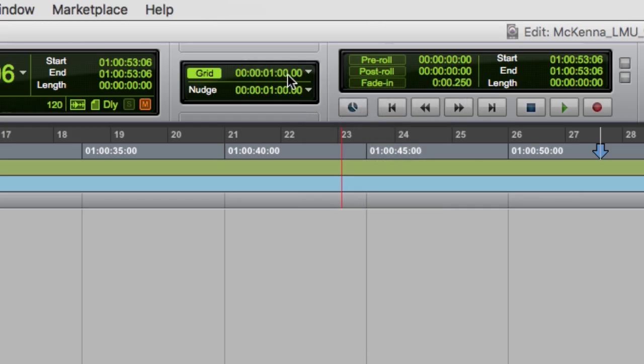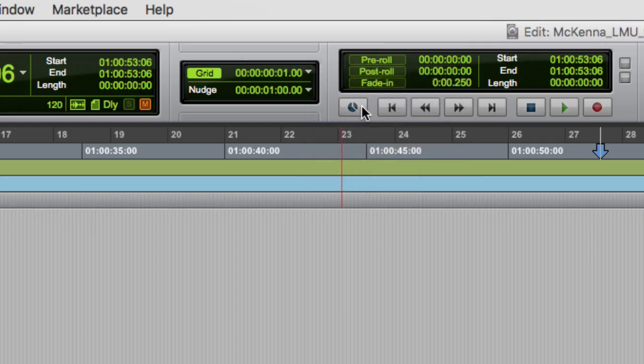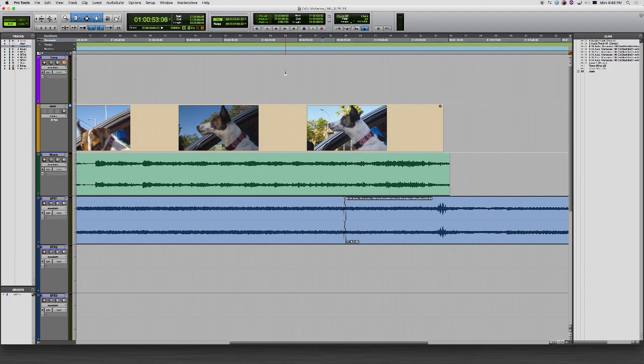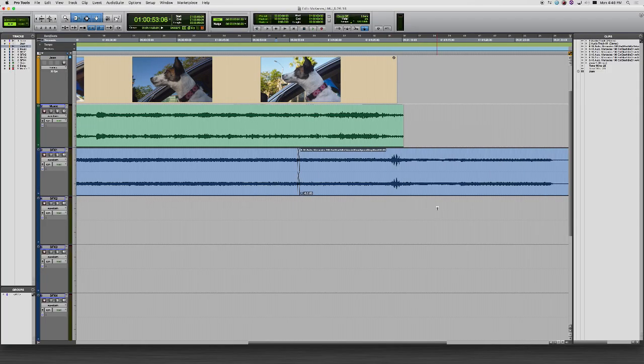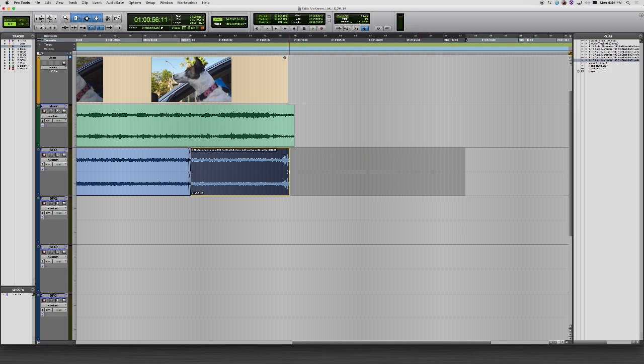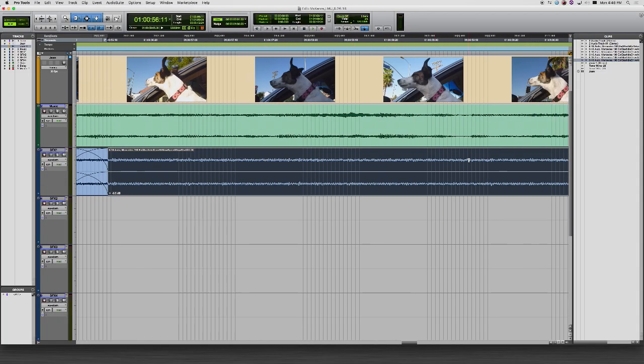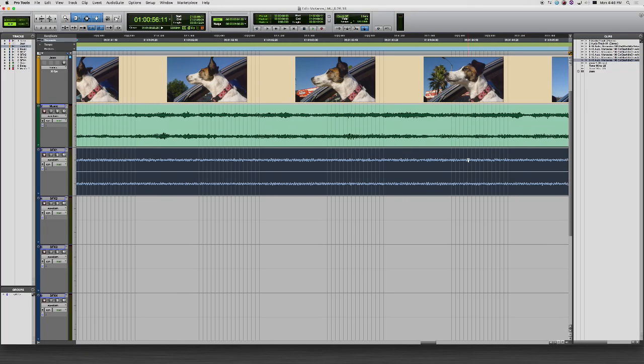And now it's saying, what is a grid? So what qualifies as a grid? Personally, I believe that 1 frame is the best of all grid values, because now I have every frame of video as something that qualifies as grid. So if I wanted to, I could come in and now I can make trims that are exactly 1 frame long in duration. So if I really wanted this to be right on the end of this video, and I wanted to get to the very last frame of it,